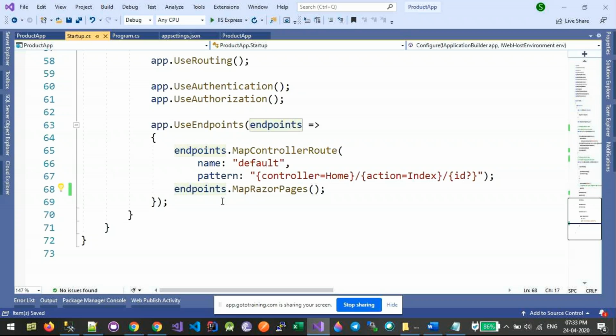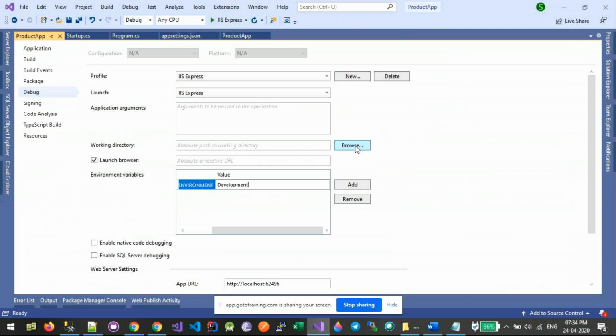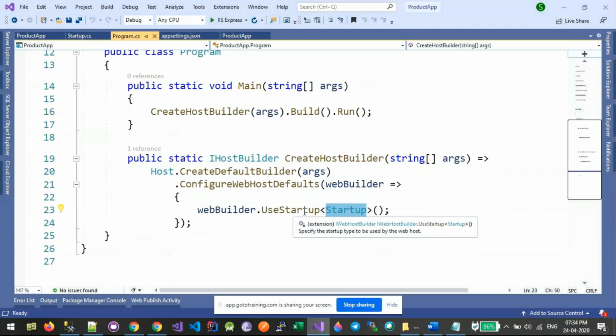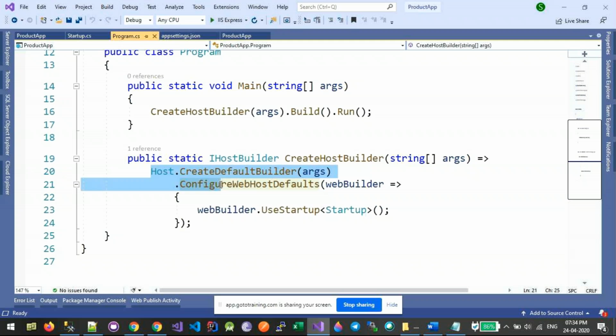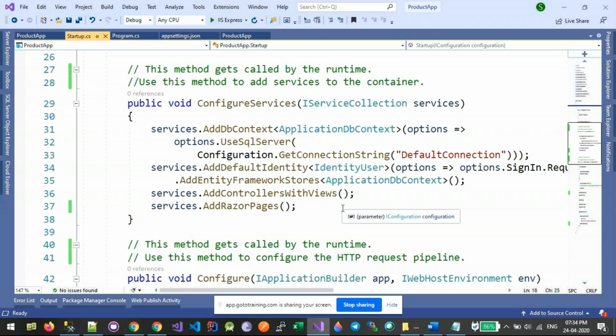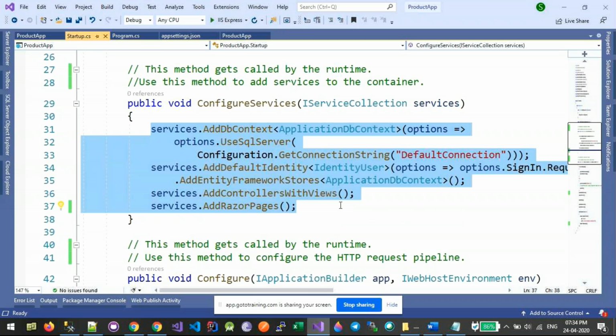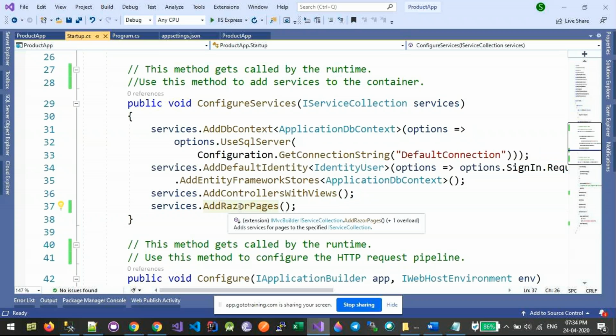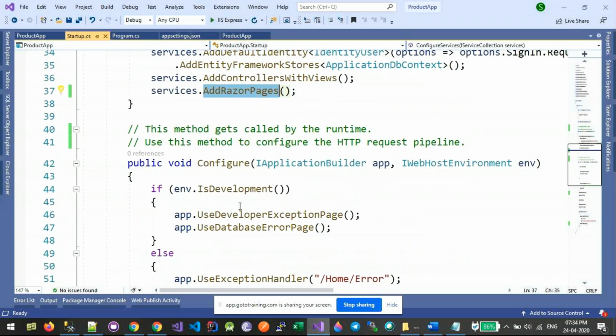So I suppose you are now aware of what the starting point is and why we need to configure a host, which is Kestrel, because we have cross-platform now and IIS is not supported on other OSs. If you go to startup, there are two methods you will encounter. First is configure services, in which I will add all the dependencies such that they can be injected later on. You don't need to use any third-party dependency injection framework or tool here. By default, it is supported out of the box.